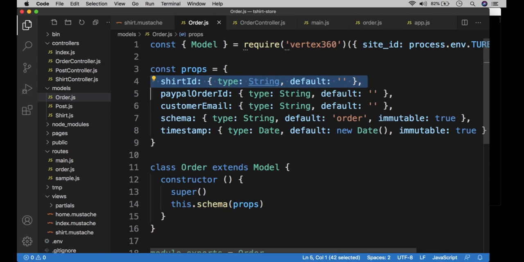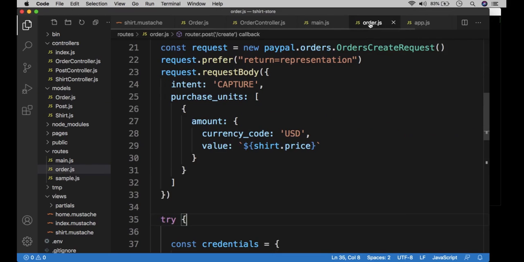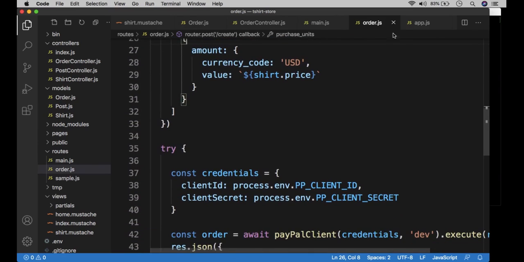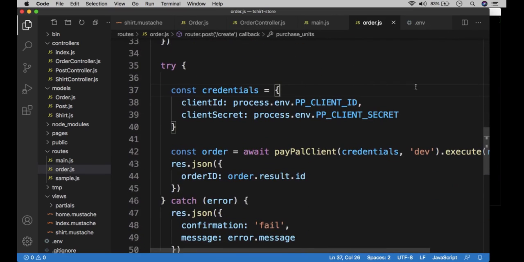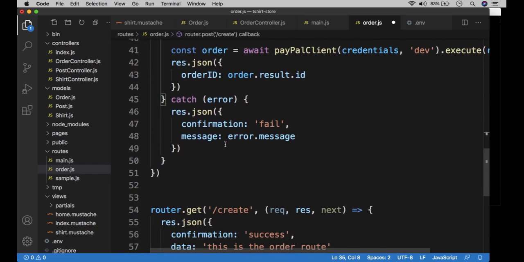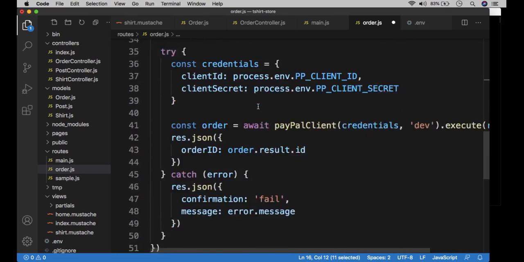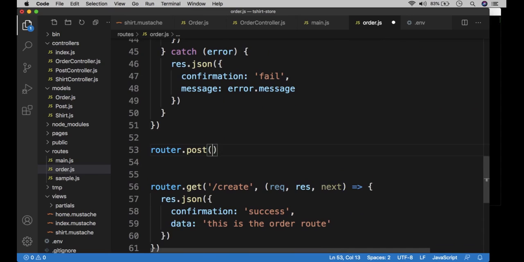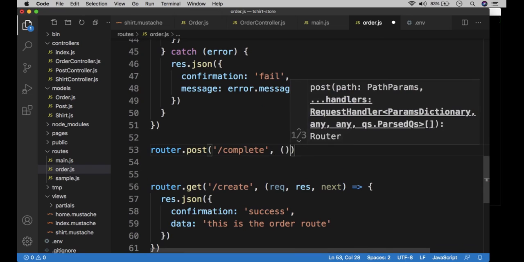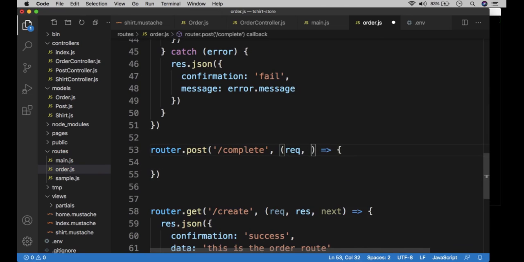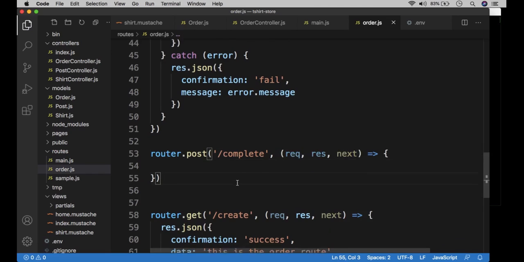And let's go ahead and fill this out. Let's see here on the order route. What we want to do next is create another endpoint for complete. So router post, and then this is complete. This is going to be called on the order success callback. And here